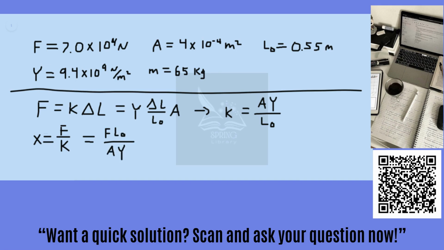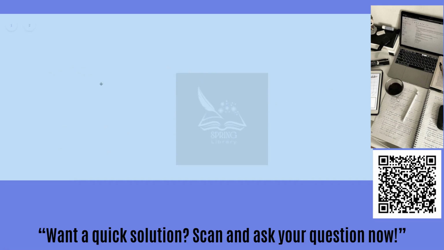Now, the reason this is important is we're now going to use energy conservation. So the potential energy due to gravity, which is mgh, is going to be equal to the energy stored in the spring, or the bone, 1/2 kx squared. So if we substitute in our value for k and our value for x, and we solve for h, we find that h is equal to 1/2 mg